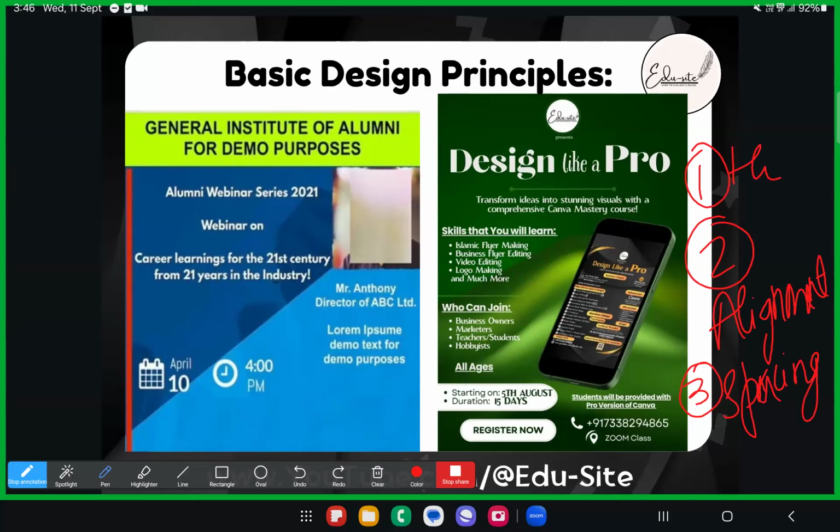Next, spacing. For example, look here, dear sisters and brothers. If there was no spacing between this and this, it would look like clutter, right? It would feel like you have cluttered up the post, with this and this overlapping or something like that. See here, the spacing was perfectly maintained. And what about this? Look here, there was something like